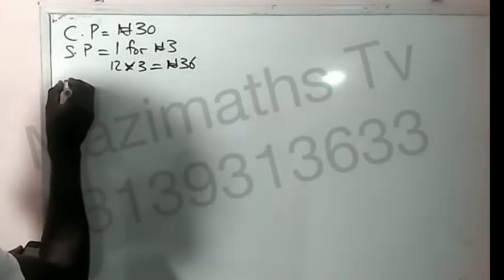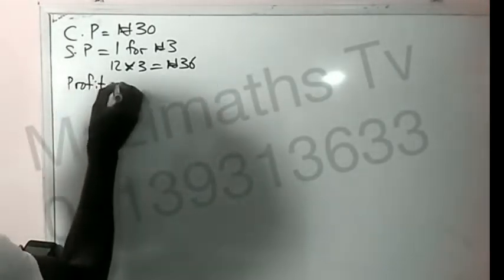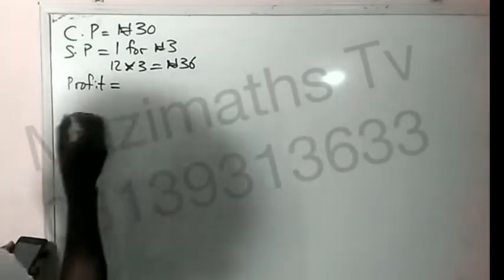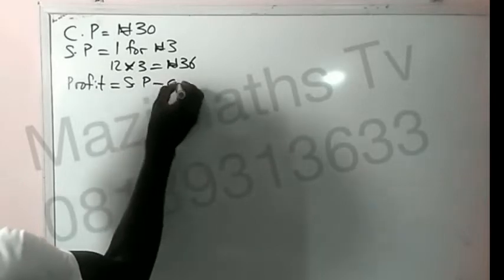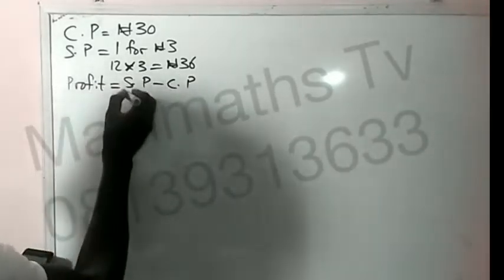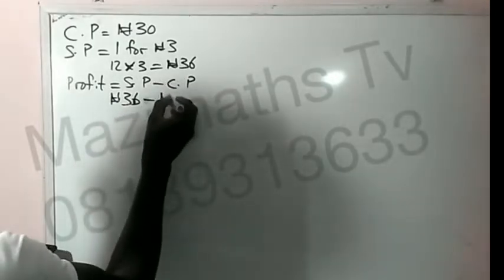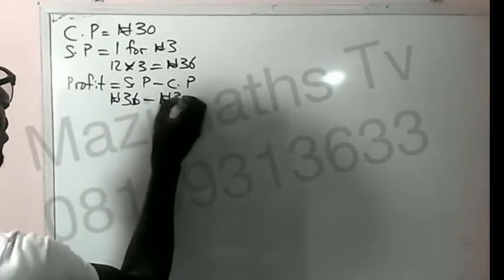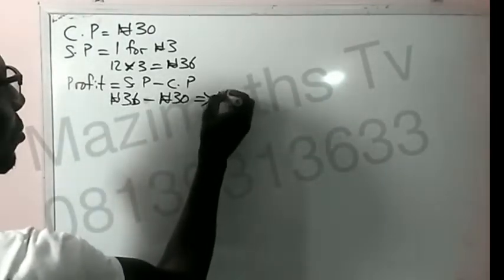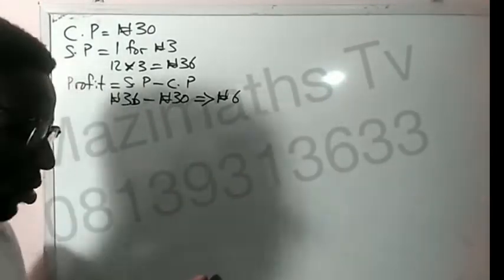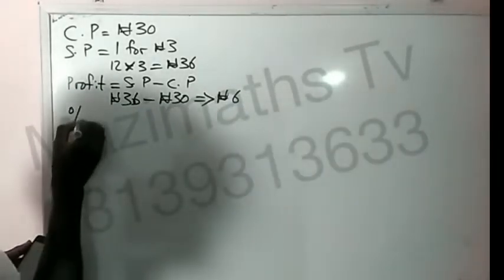Mind you, first find the gain. If you don't want to use gain, you can call it profit. So the profit means the selling price minus cost price. That is selling price minus cost price. Okay, so the selling price is 36 naira, and then the cost price is 30 naira. So the person's profit will be this minus this, that will give you 6 naira. But that's not where we are going, because we are asked to find the percentage profit. So now the percentage profit